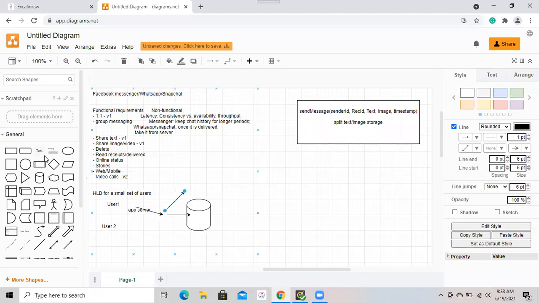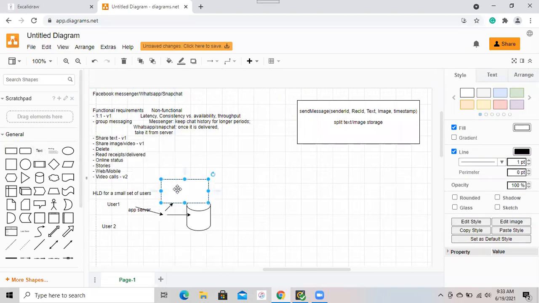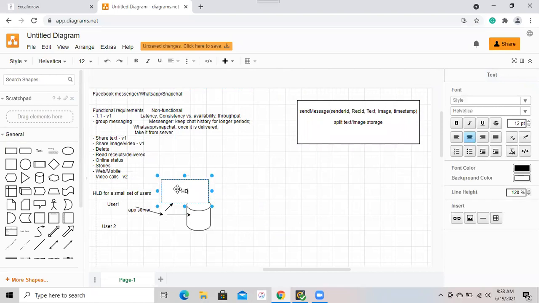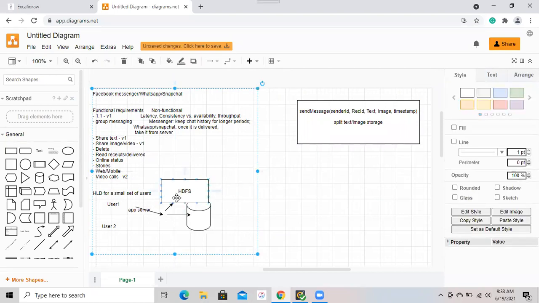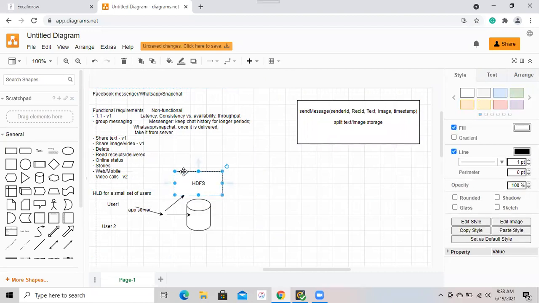Yeah, so here I was thinking I can have HDFS, right? Where if it's an image, I first store it here, and then I should get a response from the storage that, okay, this image is persisted here. So something like,